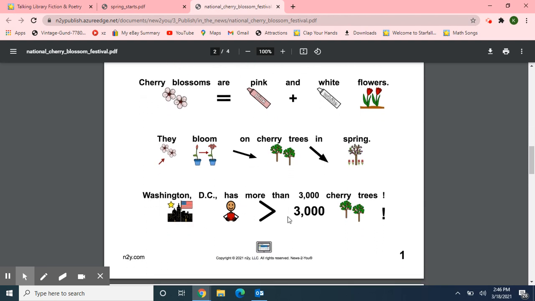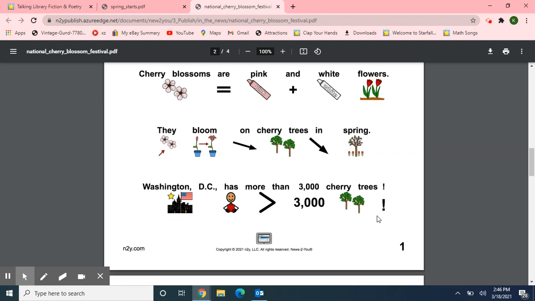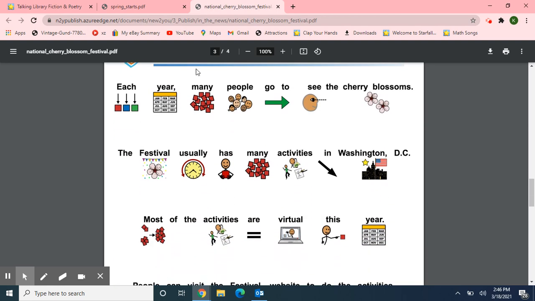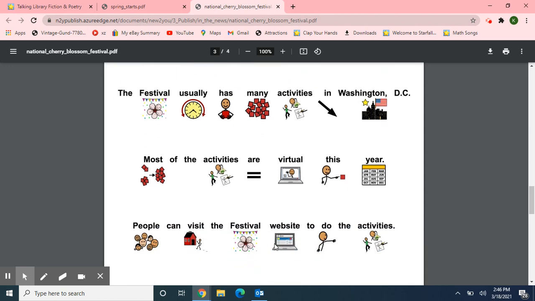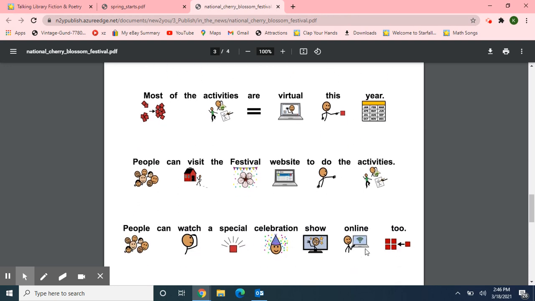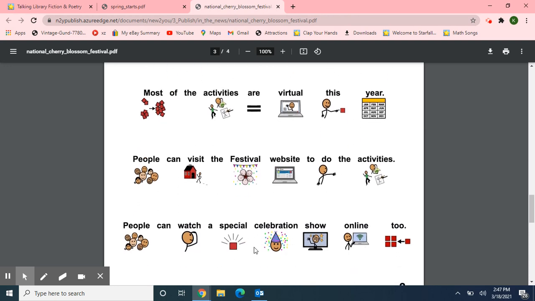Washington, D.C. has more than 3,000 cherry trees. Each year, many people go to see the cherry blossoms. The festival usually has many activities in Washington, D.C. Most of the activities are virtual this year. People can visit the festival website to do the activities. People can watch a special celebration show online too.